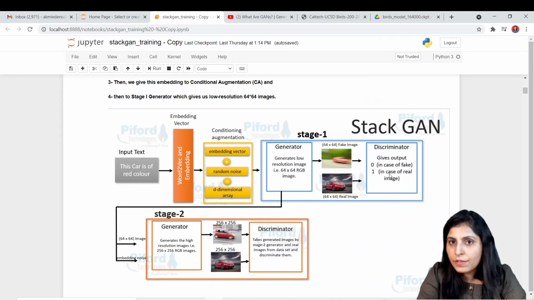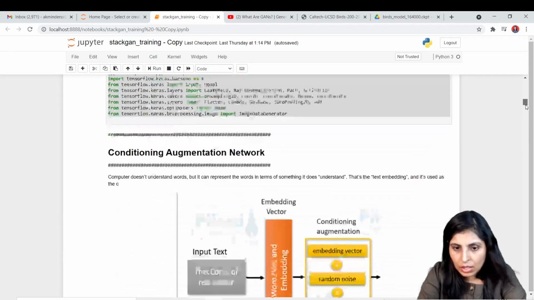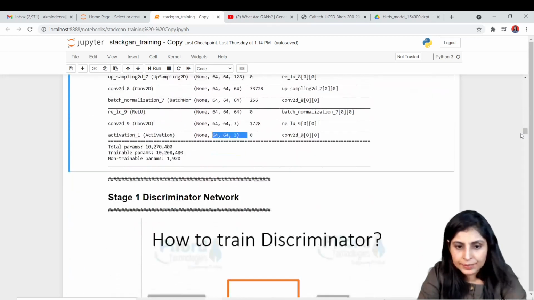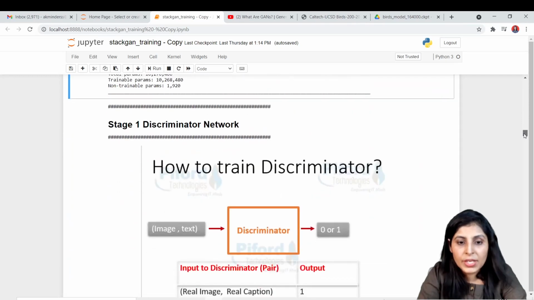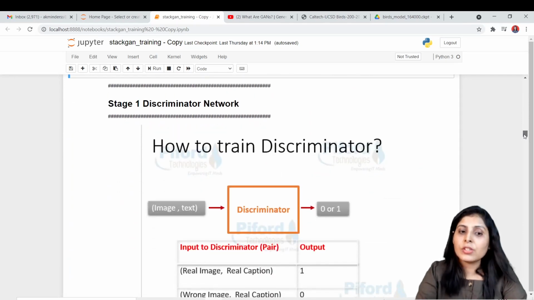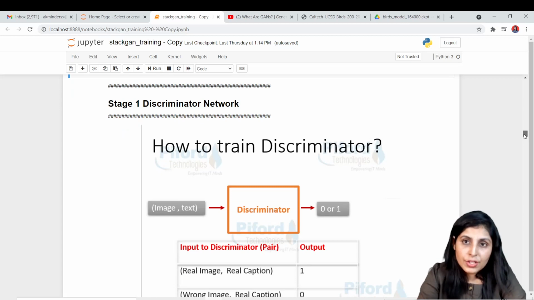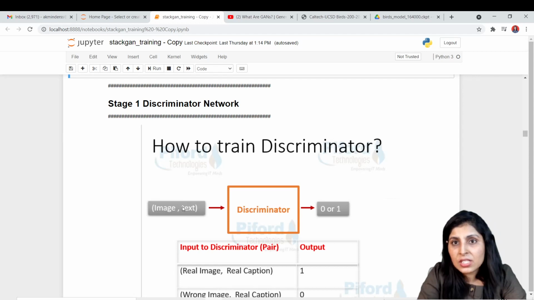This is the discriminator of stage 1, and this is the fake image and real image. Now the fake image will go to the discriminator. And now let's see the task of that. So this is the discriminator of stage 1. So guys, remember, I have told you in the beginning of today's class and in my last class also that discriminator will take the input in the form of pair. Which pair? Image and text pair. The fake image and the text embedding with it.